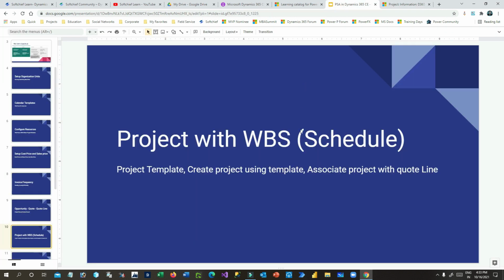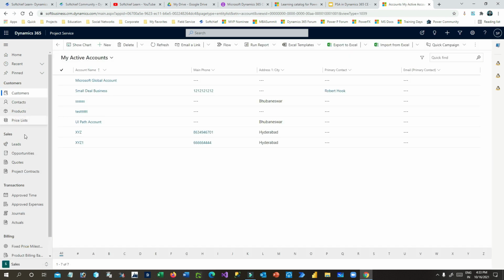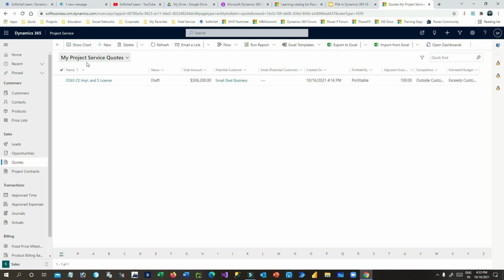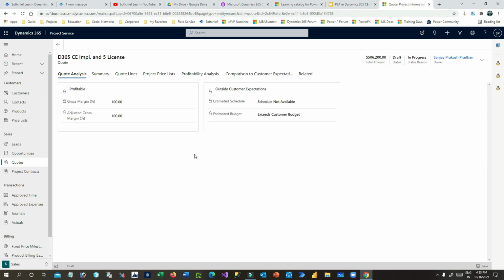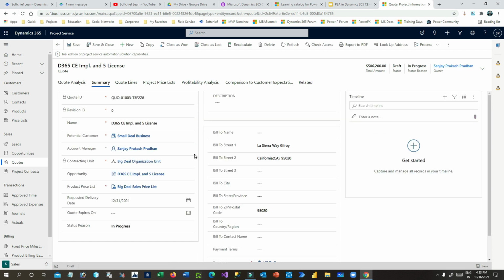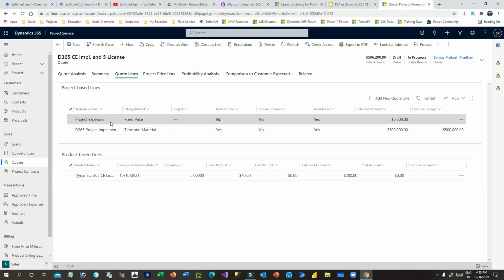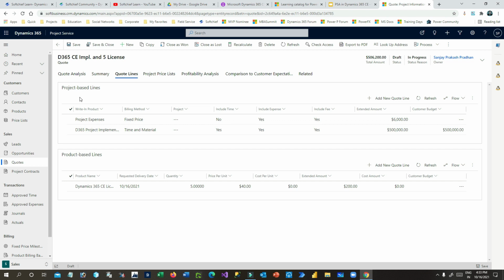So how to book the resources? We have enabled template project and used template for the project, but we have to associate the project to the quotation line. So go here to the sales, and in the sales open the quotation that we have created. This is the quotation we have created, and every quotation line can be associated with a project if that quotation line is a project based line. So I'll go to quotation line, open the project based quotation line. This is the project based quotation line. Open this project implementation,